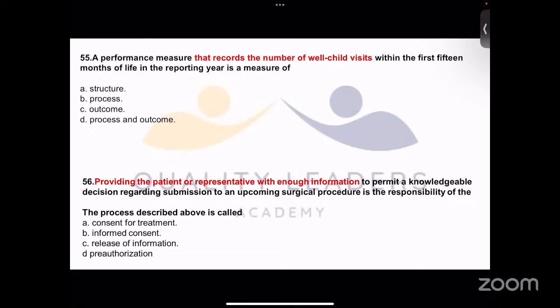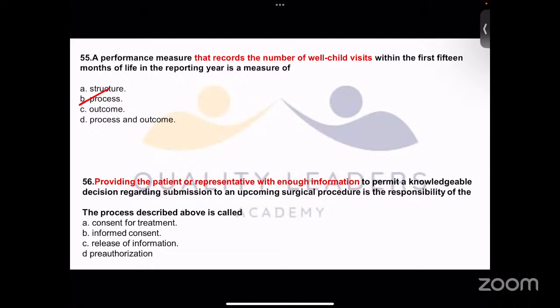What's the answer here? Okay, it is letter B, process. Okay, number 56, providing the patient or representative with enough information to permit a knowledgeable decision regarding submission to an